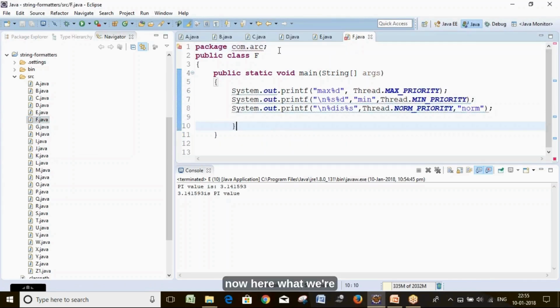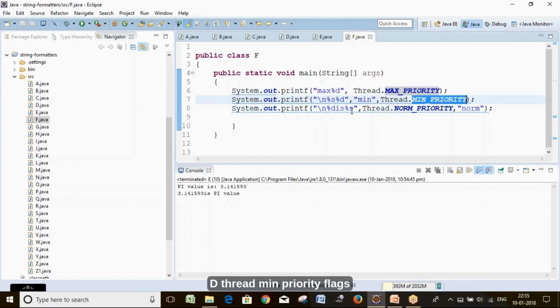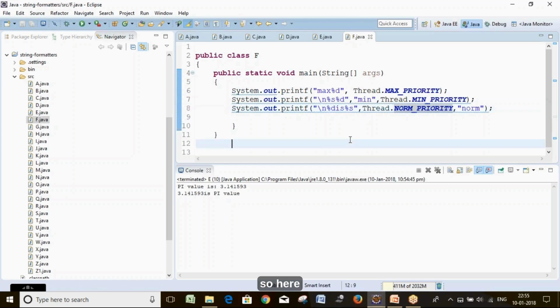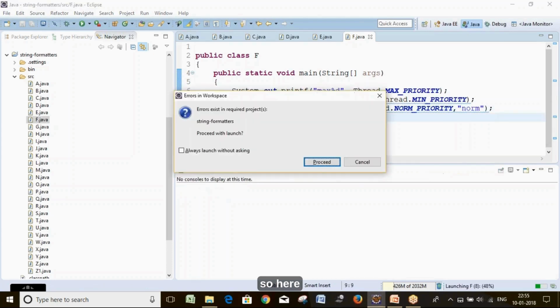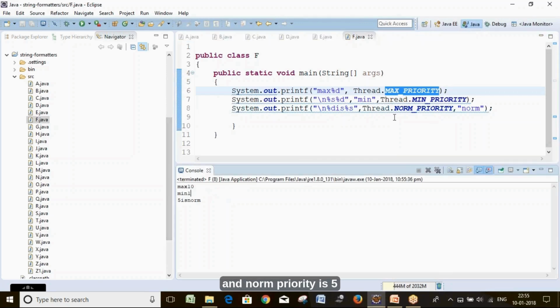Now here what you are going to do: max %d, what is Thread.MAX_PRIORITY, min \n %s %d, Thread.MIN_PRIORITY, \n %d is %s, Thread.NORM_PRIORITY. So here max priority of thread is 10, min priority is 1, and norm priority is 5.